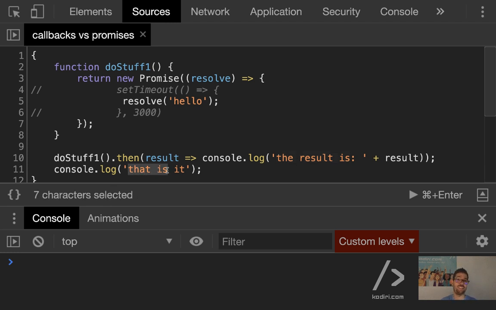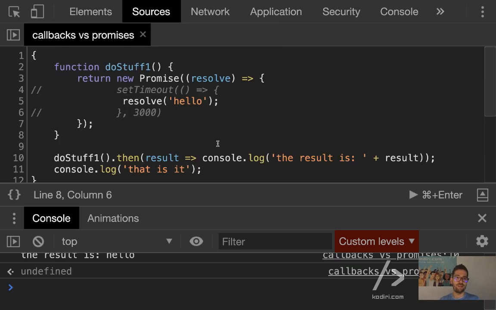And to be honest, I'm 80% sure that line will run before this one. Because every time you create a promise, it runs a new thread in the system. Yes, thread with quotes. It's not an actual thread because JavaScript is single-threaded. But it's sort of a new line of execution.